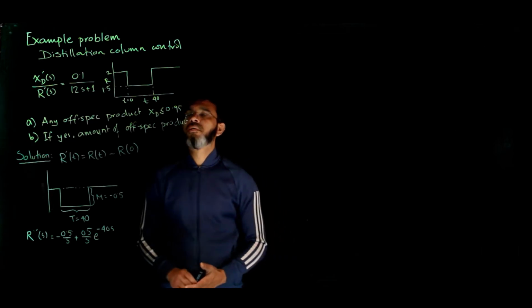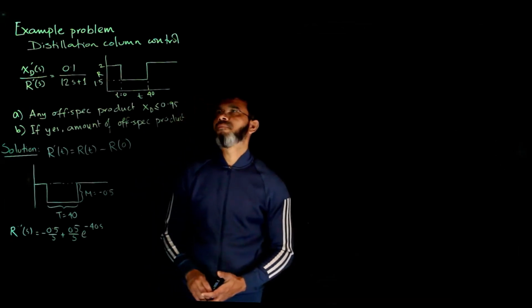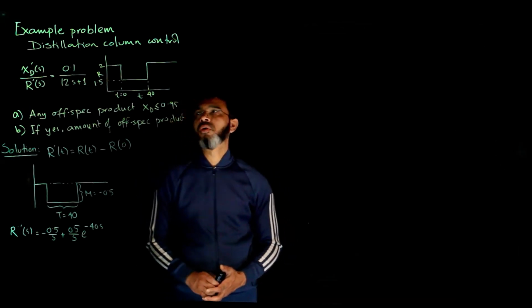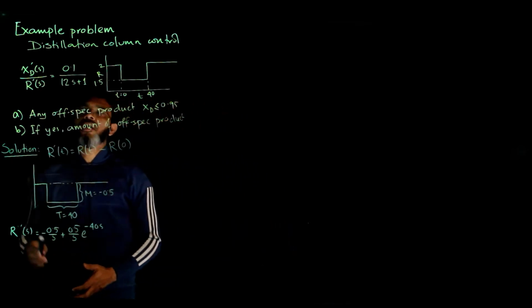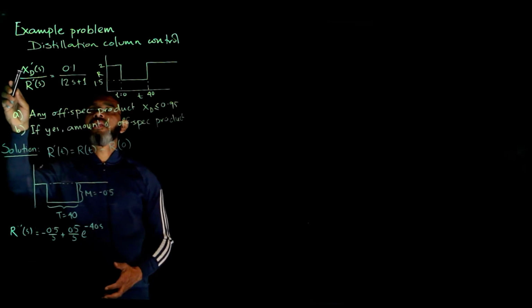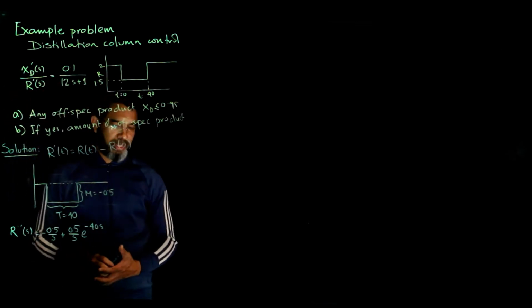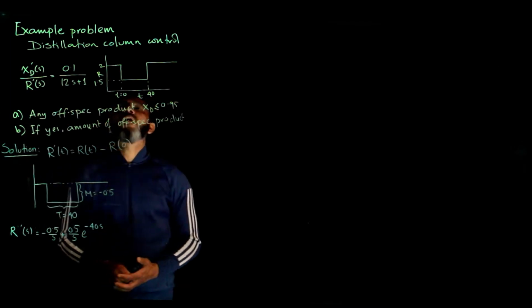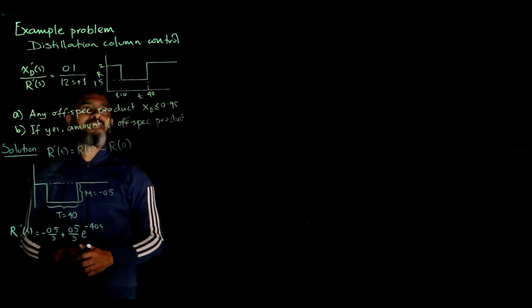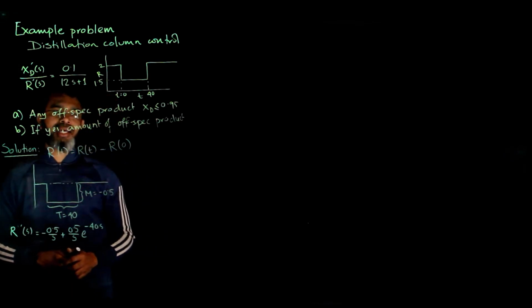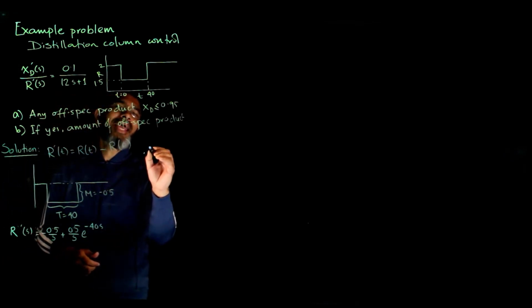Now in this session, we take an example problem for distillation column control. Now here, for the distillation column, we have the relation between the top product and the reflux ratio given by this first order transfer function. The column was operating with a reflux ratio of 2, giving a corresponding value of this xd naught